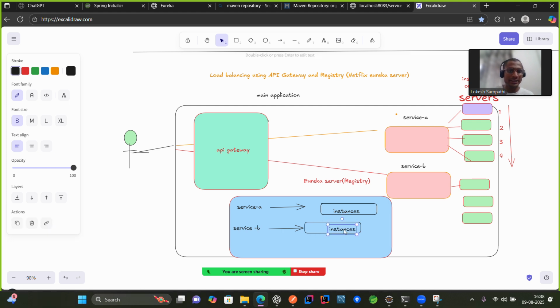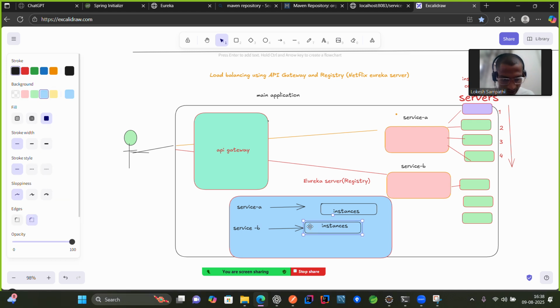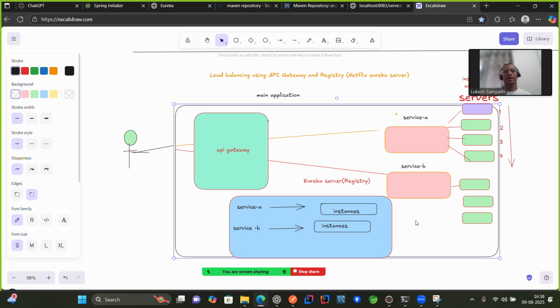Like that, we register our API gateway in the same way. So when a user hits a URL, it will come to the API